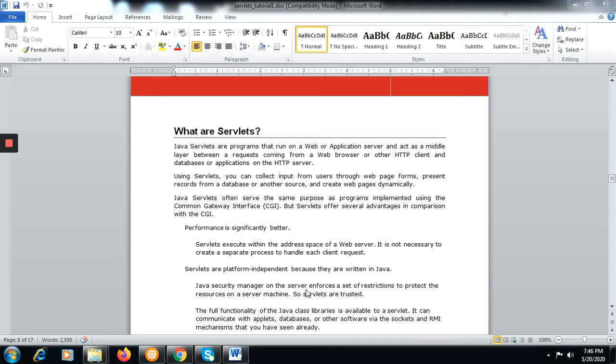Welcome to the next session in this web development with Spring and Hibernate. Now we are just going to discuss the server component. We have already seen what the client server architecture is and what its use is. Now we are learning the server side components.